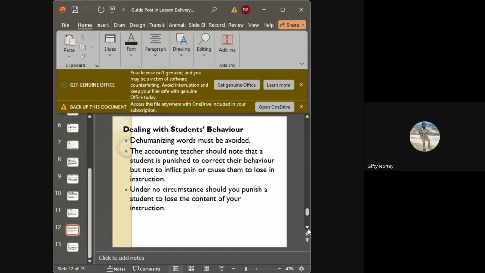But all the same, as we are saying, we don't want them to miss the class. So don't sack them from the class. Even if you want a person to read or scrub or something, let it be after the class, maybe break time. And when you are punishing, let the person know that it is because of ABC that I am punishing you. Let the person know the reason why I am giving you this punishment.